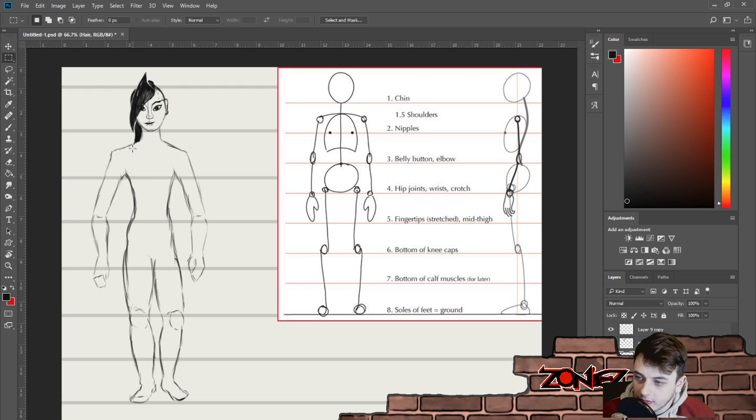Arms, what? Why did I make her so tall, dude? Her head's, that's what her head looks like. Starting to think she shouldn't be this tall. Starting to think I need to do this.